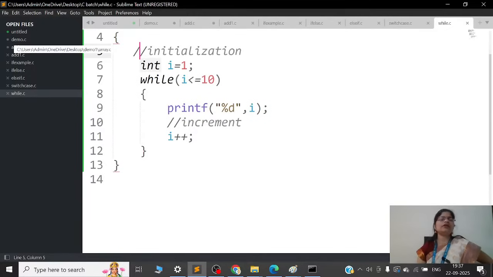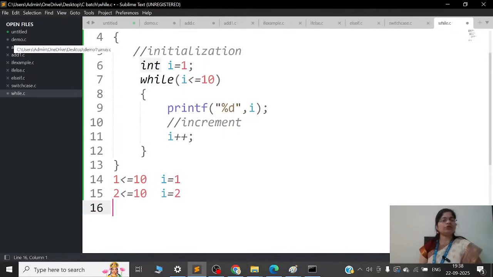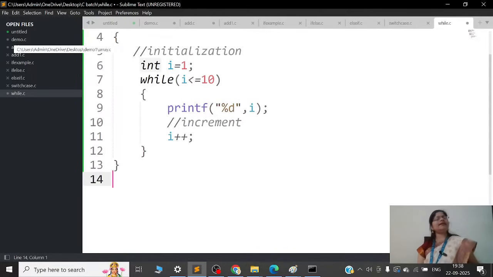हम ये रन कैसे होगा, try to understand. I की वैल्यू क्या है, 1. It checks the condition. 1 is less than or equal to 10. कंडीशन ट्रू है, तो ये प्रिंट करेगा I की वैल्यू, 1. Then I इंक्रीमेंट, so I becomes 2 now. 2 less than 10 है, तो I की वैल्यू प्रिंट होगी, 2. Then I becomes 3. 3 लेस देन और इक्वल टू 10 है, तो I की वैल्यू 3 प्रिंट होगी. So on it will work. ठीक है, तो ऐसे ये 10 तक प्रिंट करेगा.